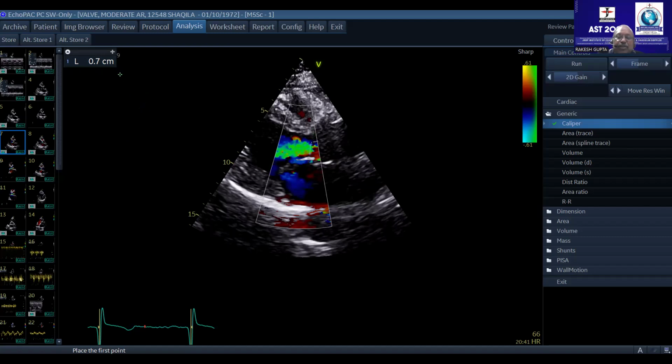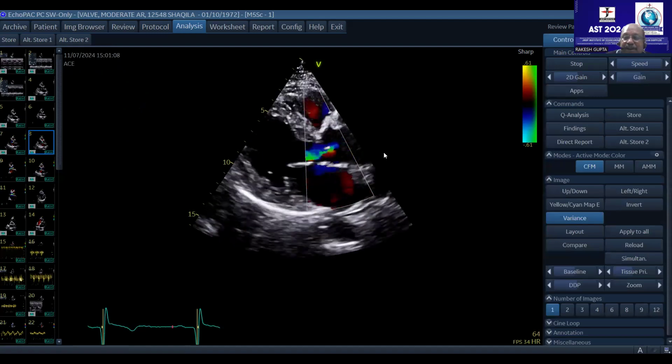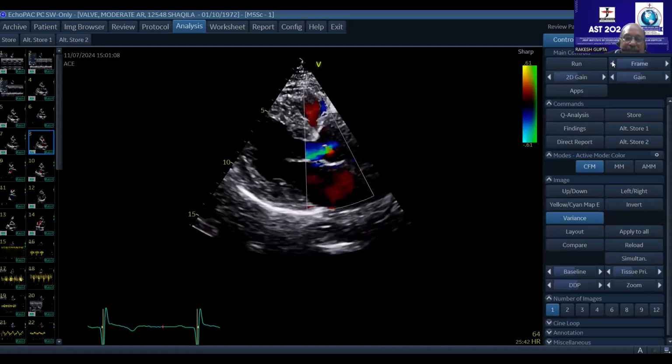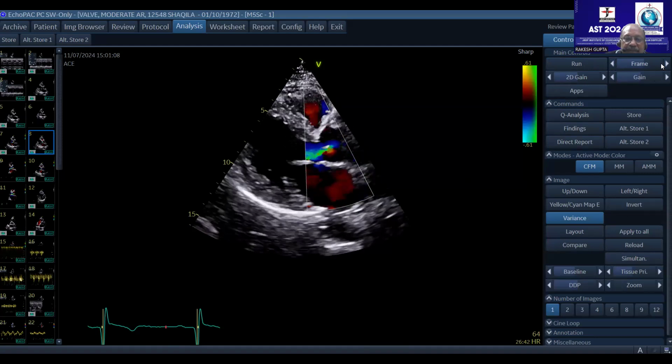So 33% does not qualify as severe aortic regurgitation. Now, the next point is we have to measure the vena contracta. And this is the most important thing in any subject when we measure the vena contracta. I'm going to stop it over here. And when would the vena contracta be there, diastole or systole? Diastole. So I'm moving my cursor to diastole, and I'm sure Dr. Jayant is going to have an ECG gating tomorrow for me to calculate the vena contracta. So this is in diastole, and this is the vena contracta, which is originating between the